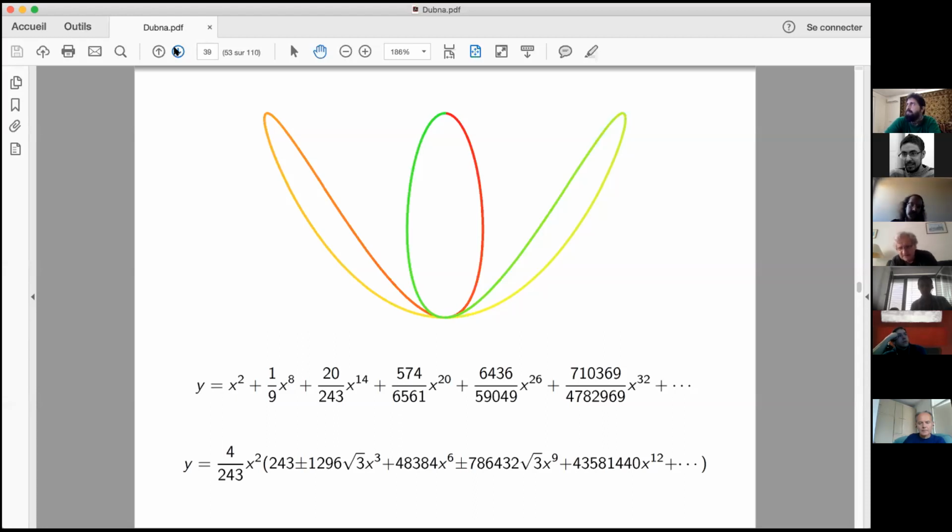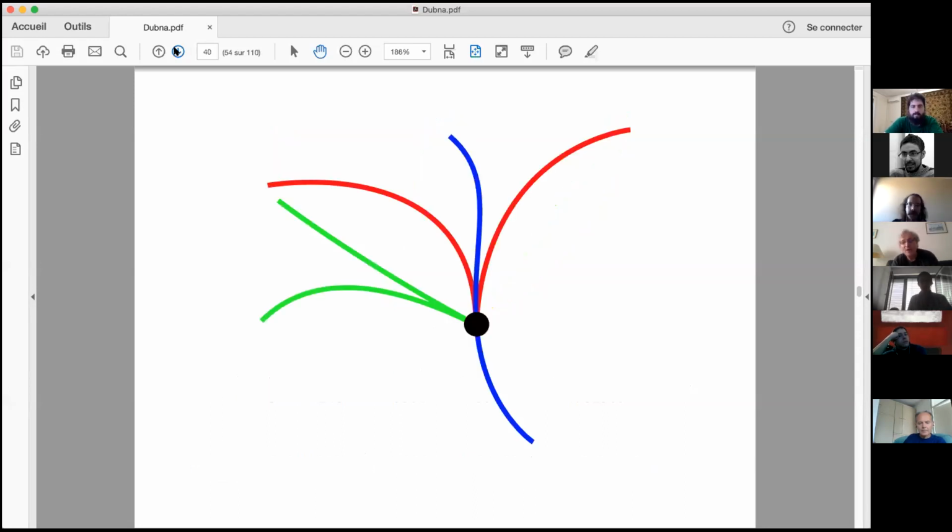And these three colors, they define what we will call a chord diagram. Here's a chord. When you look locally, you can see a picture like that. This is a simple picture of a singular point on the plane. You have a singular point with a black dot, and you have curves here in green, red, and blue. So if you look locally, you see something like that.